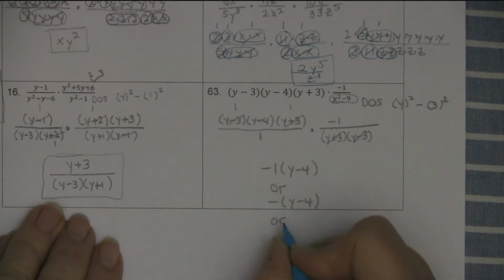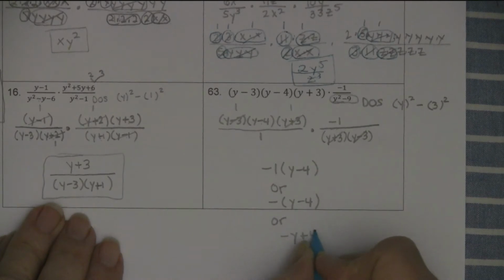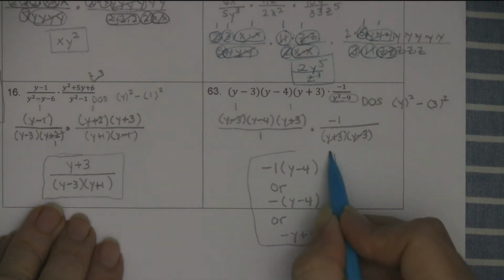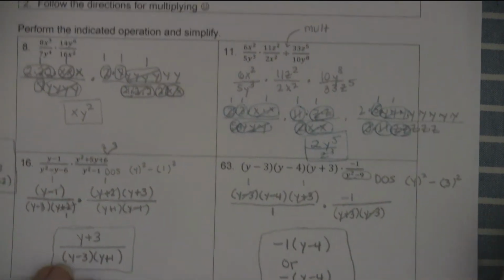And by the way, it would be okay to distribute the negative and have negative y plus 4. All of these are good answers. It doesn't matter which one you have of those. They're all wonderful answers. You did a lovely job on that. And then there are 2 more problems to do over here. And these problems are,